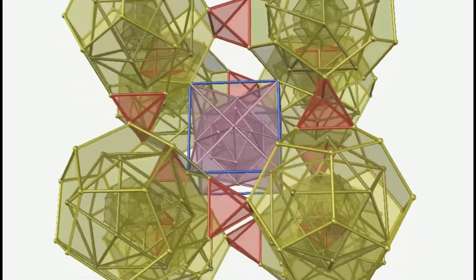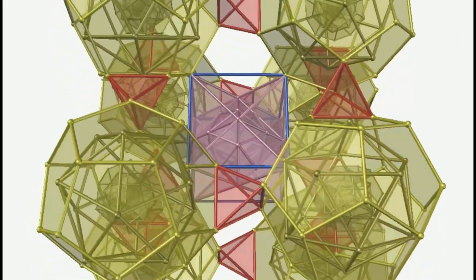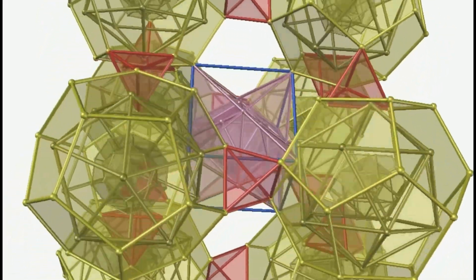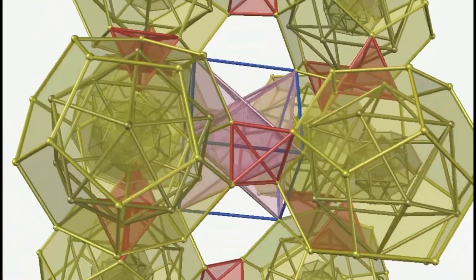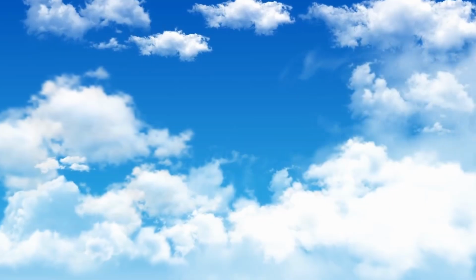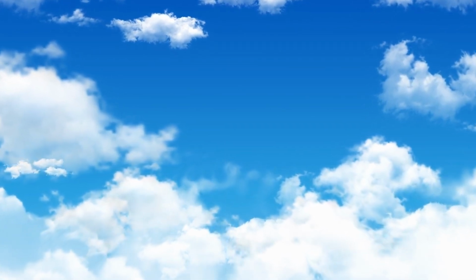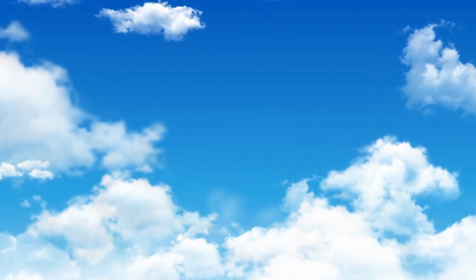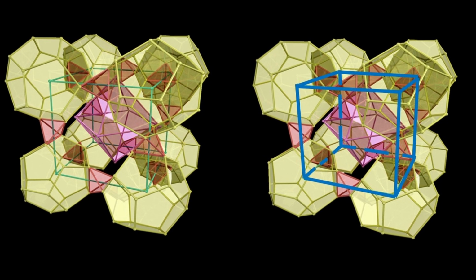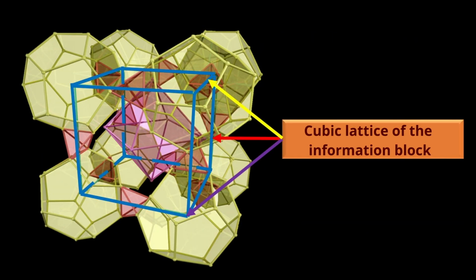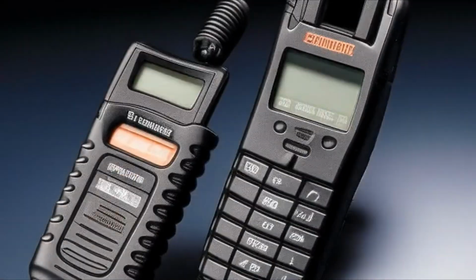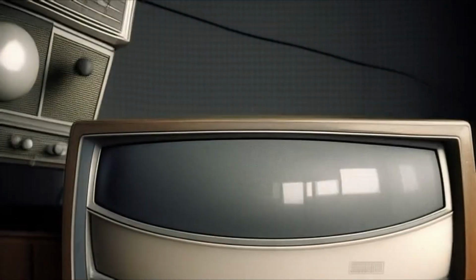It is these generators that materialize water from energies in the second layer of the atmosphere, at a height from 1,200 meters to 6,400 meters. Clouds are containers for transporting the additional energy potentials needed for water materialization. Currently, only the cubic grid of the information block is used. It transmits frequency ranges for the life support of all biostructures on the planet and is used for transmitting all types of communication: radio, TV, digital, wireless technologies, radars, etc.